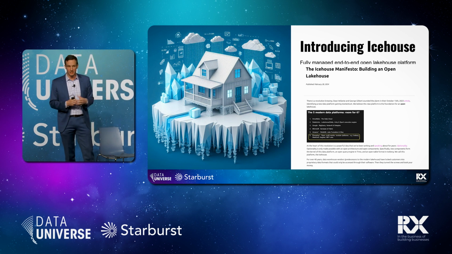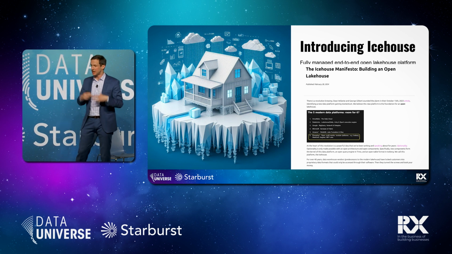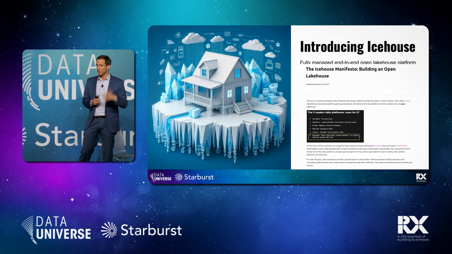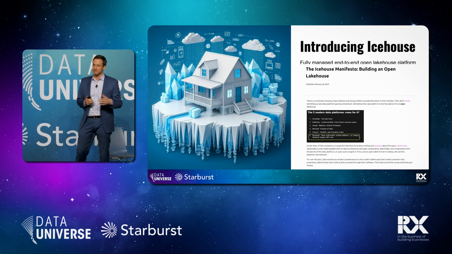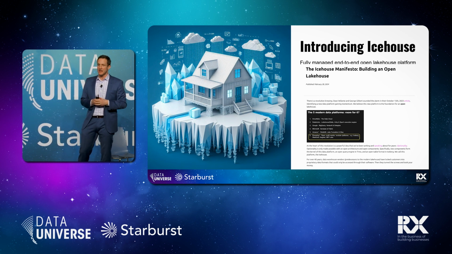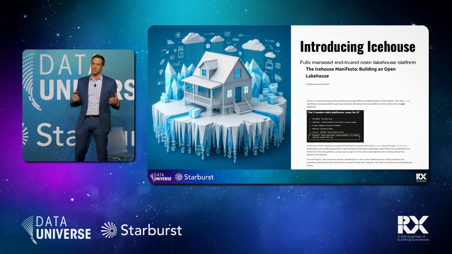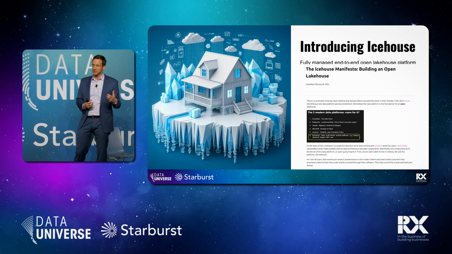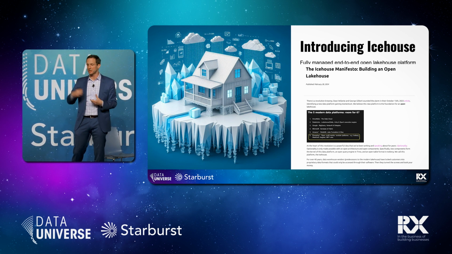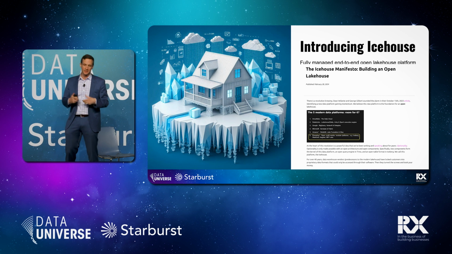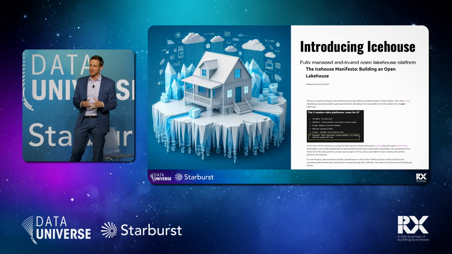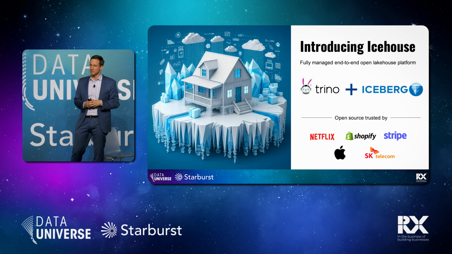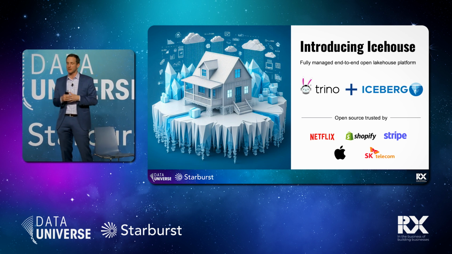Now, one of the things that we're talking about today is introducing this idea of an Icehouse architecture. There was a blog that we wrote maybe a month ago called the Icehouse Manifesto. You're certainly welcome to find it online. And it was really a recognition that there is now a new data platform that's gaining a lot of momentum, which separates compute and storage and does so in an open way, with an open query engine in Trino and an open storage format in Iceberg. And so when you combine these two, you can now create a full warehouse experience, but one that is open, truly open. And so in that blog, we talked about all the necessary components. Now, at its core is Trino and Iceberg, as I mentioned.